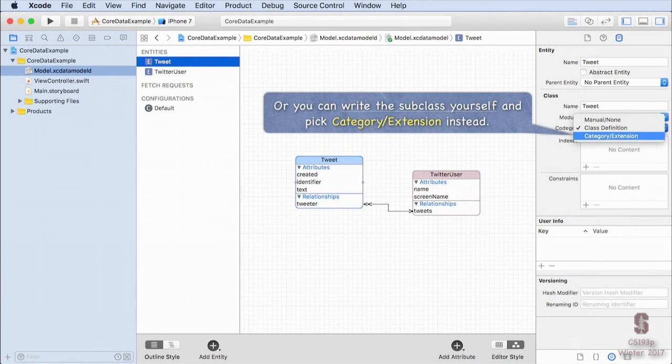But there are other choices in here, and the one we choose the most often is category/extension. By the way, category is just the Objective-C word for extension. Objective-C has something like extensions called categories, so that's why it says category/extension. But you can think in your mind that this just says extension. And what this is going to do is only generate an extension of your tweet class. You have to actually write the tweet class itself. But it's all going to have only your code in it, or it could be empty if you want. The extension is going to take care of making the vars, the var magic right there.